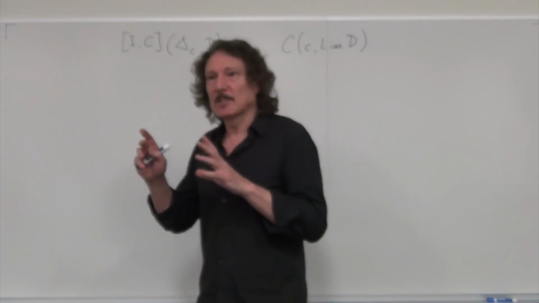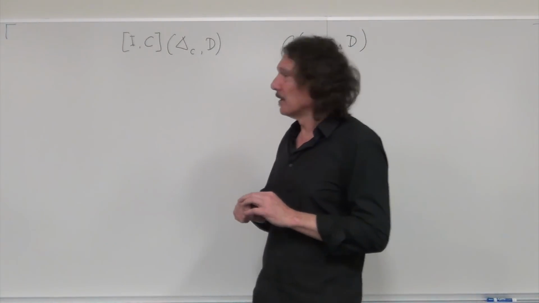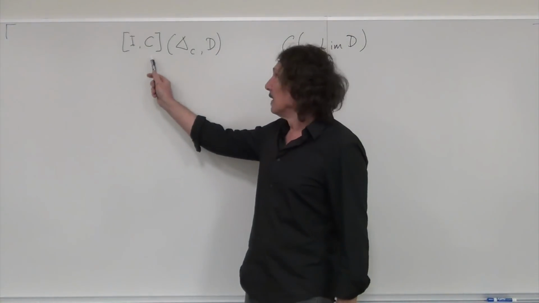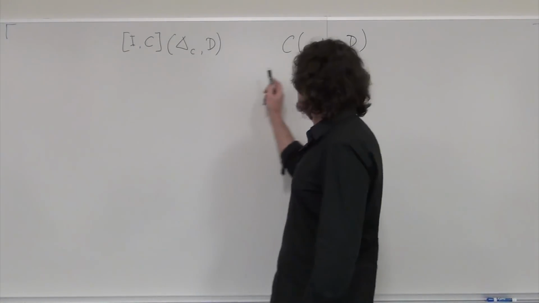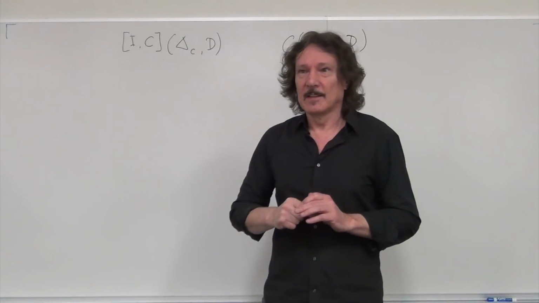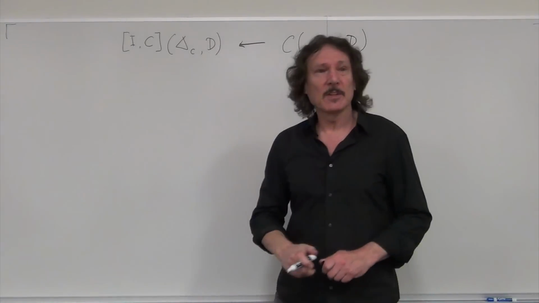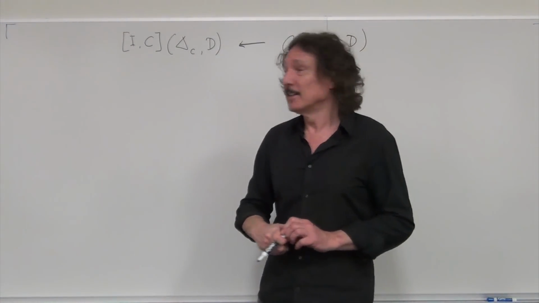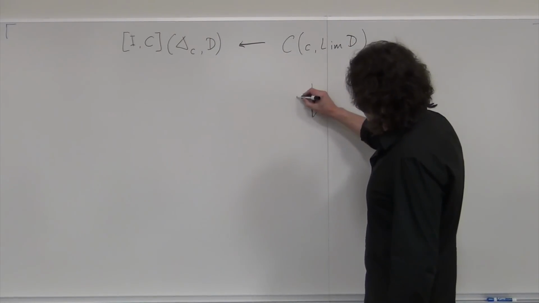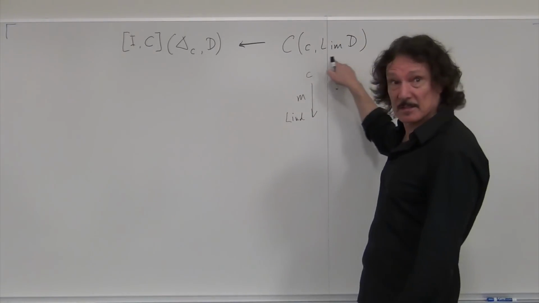There is a little clarification that I want to make, just in case I misled you or got the wrong impression. We talked about this equivalence between these natural transformations and these morphisms here. So there's a one-to-one correspondence. And I actually showed you one way, this way. I showed you that you can always do this. So if you have a morphism M from C to lim D, which is a member of this Hom set,